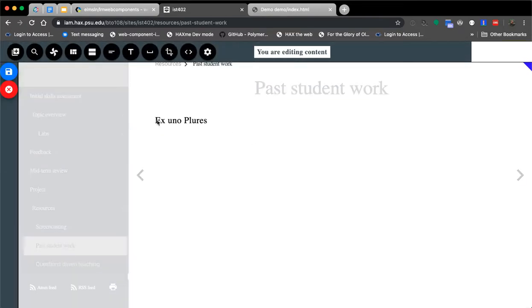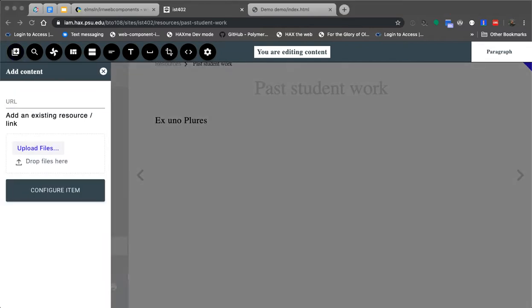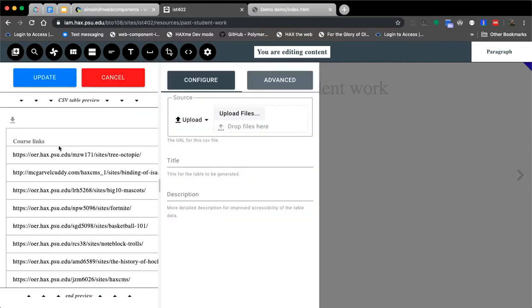Going to past student work, and I am going to upload a file. And the file I'm going to upload, finding it on my desktop, the other window here, course links.csv. I'm going to drag and drop that on there, and without any questions,